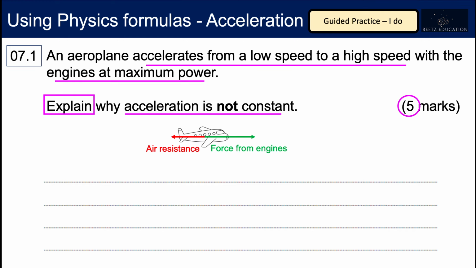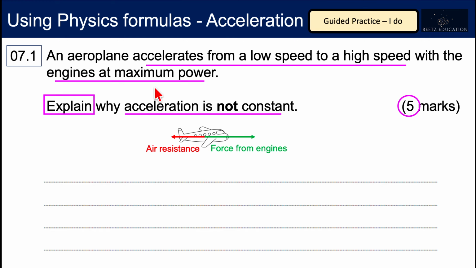There's going to be the forward force from the engines, essentially thrust, and then resisting or acting against the force from the engines in the same plane is air resistance. And just for the purpose of this diagram, I've obviously shown the force from the engines as being slightly bigger than air resistance. So to help me choose the appropriate equation to build my answer around, I need to be